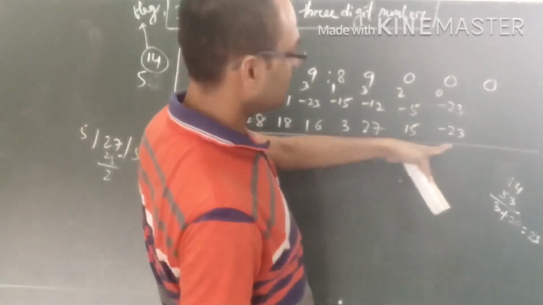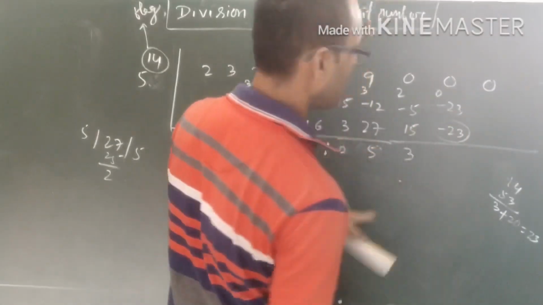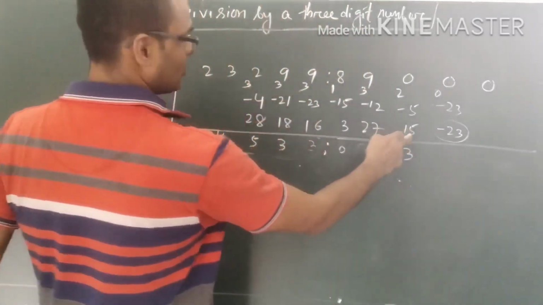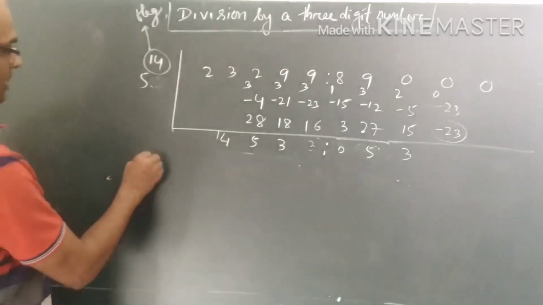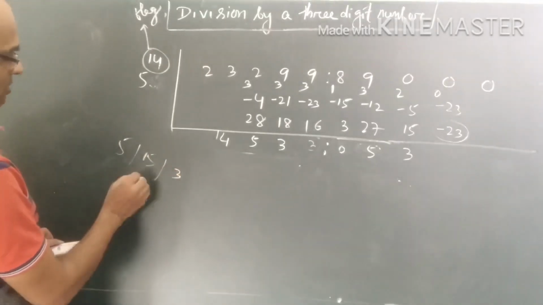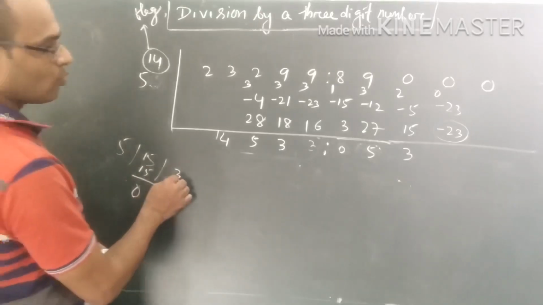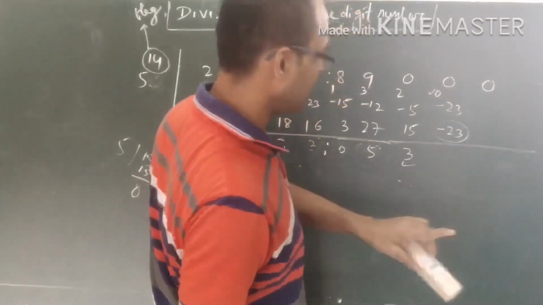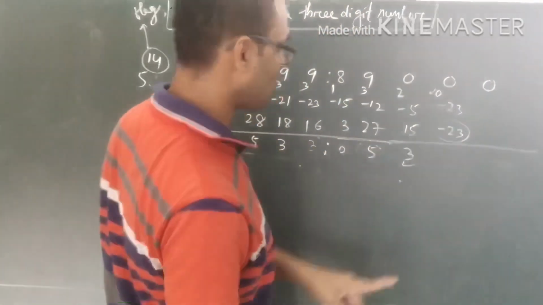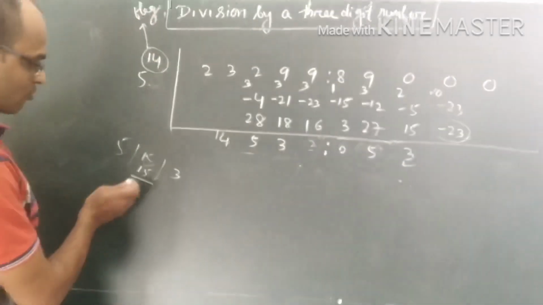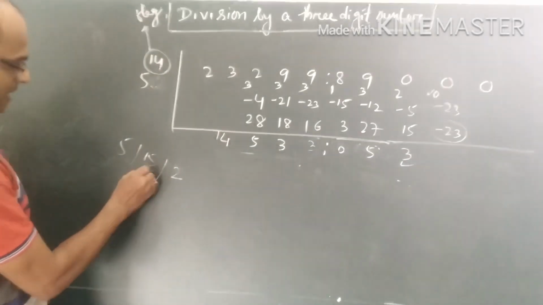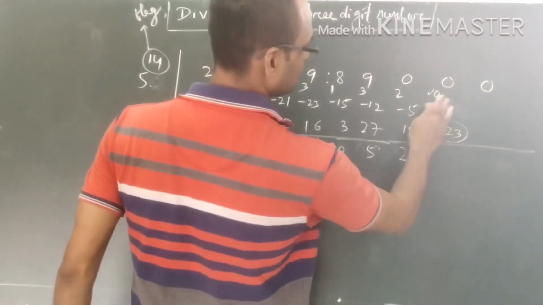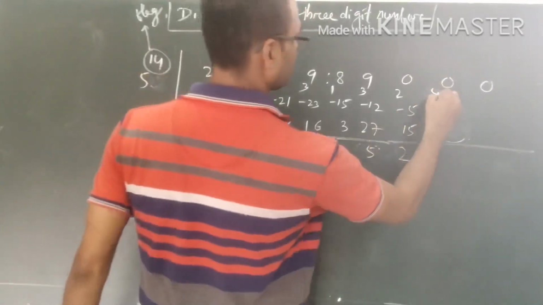Okay, that means here we are getting a negative term, but this term should always be positive. If such a situation occurs, what we did here was take 15 divided by 5, which is 3 as the quotient and the remainder was 0. We wrote 3 here and 0 here, and we saw that we are getting a negative, but it should be positive. In that case, we go one step backward. So 5 into 2 is 10 and 15 minus 10 is 5. That means our quotient will be 2 and the remainder will be 5.